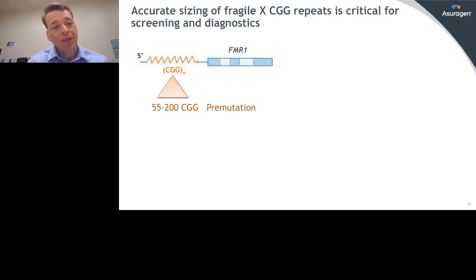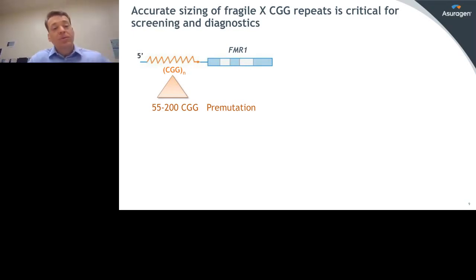More extreme amplification or expansion of the CGG region in FMR1 beyond 200 repeats is known as a full mutation, and that's the cause of Fragile X syndrome, which is the most common known genetic cause of autism and a major neurodevelopmental disorder. It occurs in about 1 in 5,000 boys and girls. And it's important then, across this spectrum, to be able to have technology that can accurately flag full mutation expansions, but then also accurately assign the size of the CGG repeat within the premutation or other ranges. And this is important for several reasons.